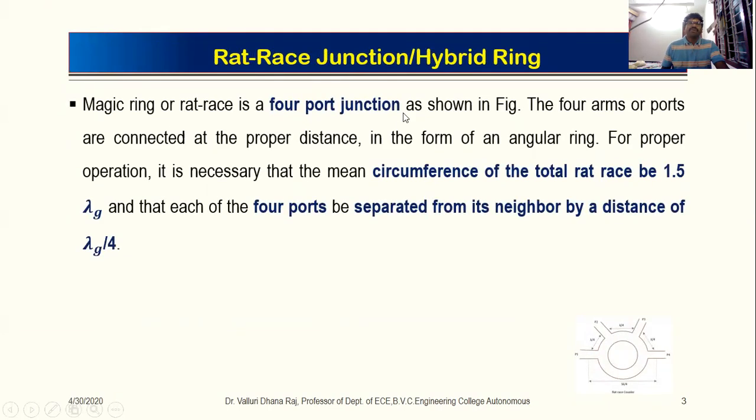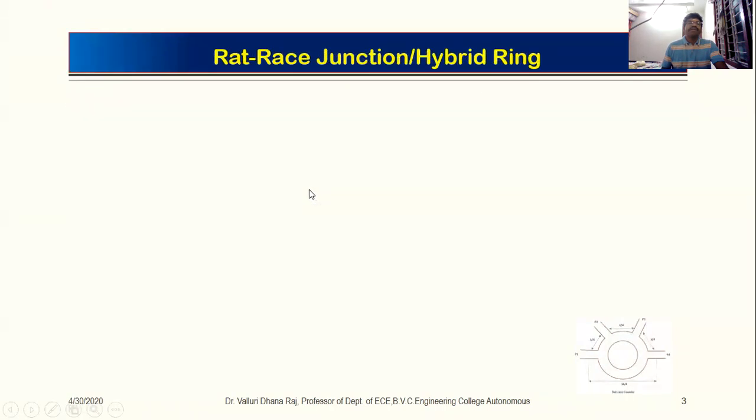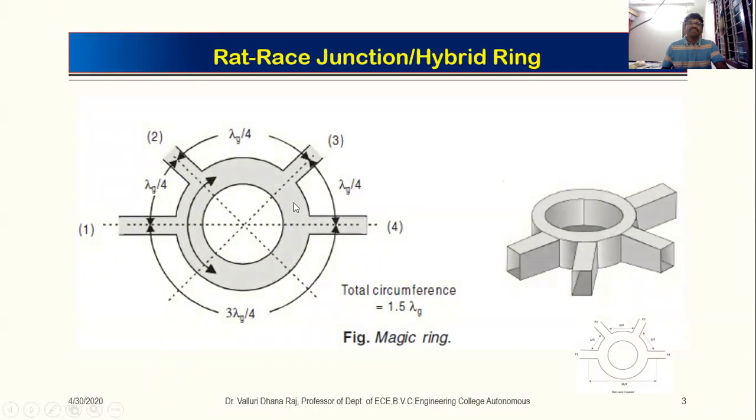Which is a 4-port junction, and the ports are separated by a distance of lambda g by 4, and the rectangular waveguides are arranged in the form of a circular ring of circumference 1.5 lambda g. So this is the structure. This is the top view of the rat race ring. These are the 4 ports, port 1, 2, 3, 4, and you can see the path difference between the ports,